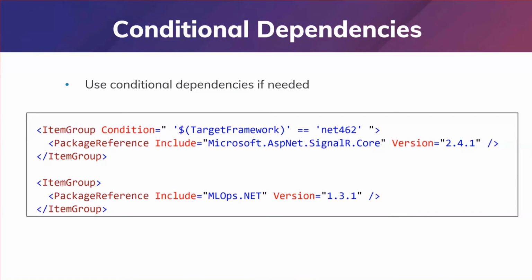So once you have multi-framework targeting, what you can actually use as well is something called conditional dependencies in your project file. As you see here in this example, I can use a condition in my project file to just include certain references for a certain framework. For example, I can use this condition to only include old SignalR if I'm on the .NET Framework, versus some other packages for every case or just for Core.